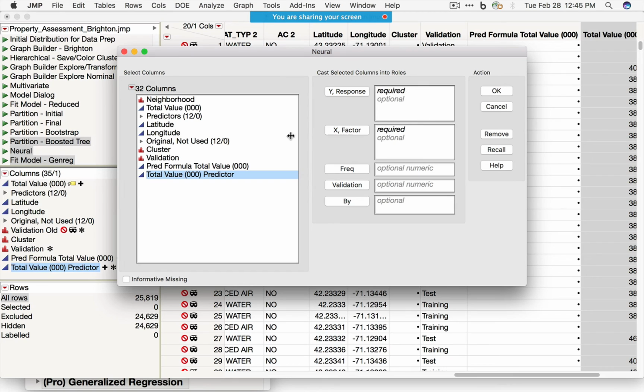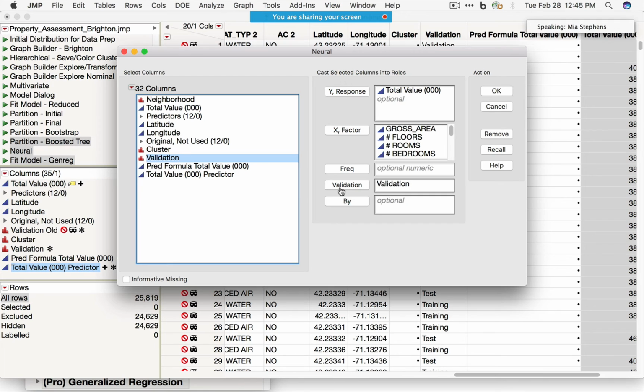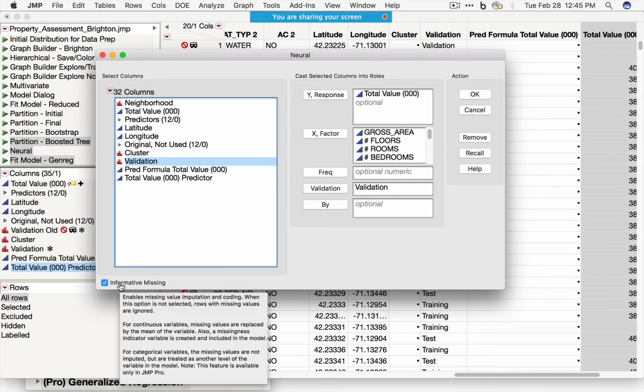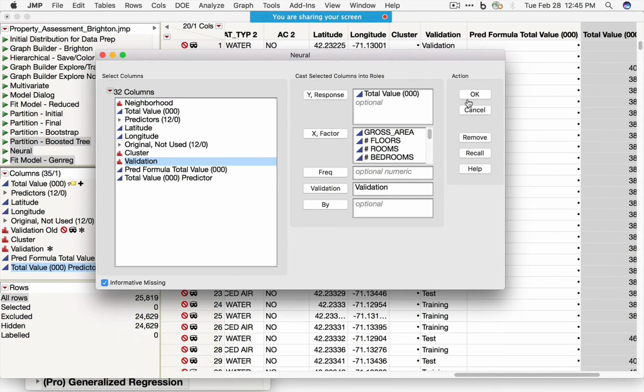And in neural networks, I'll go ahead and fit the same kind of model and ask for validation. Make sure I get cluster in there. So I'm fitting the same model every time, and I'm using the same validation set. There's an option here in the corner for informative missing, like we included informative missing in the tree-based methods. Sorry, we were fitting regression trees. By turning this on, it makes sure that missing values are included in the model. So I'll click